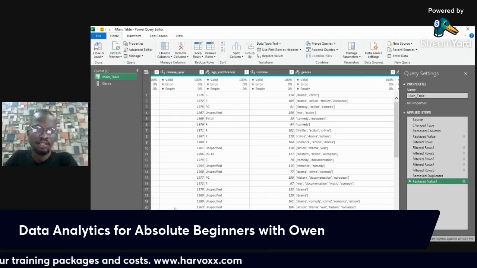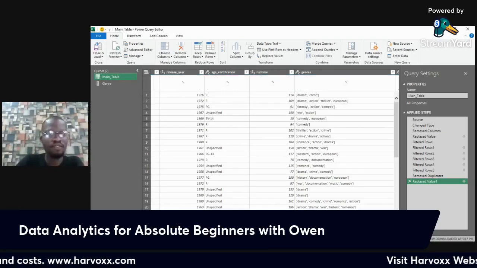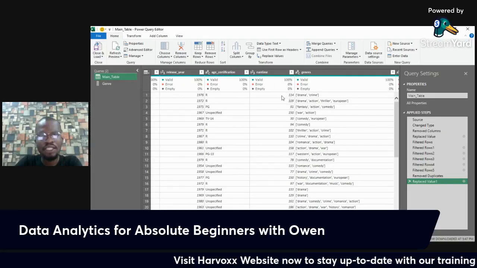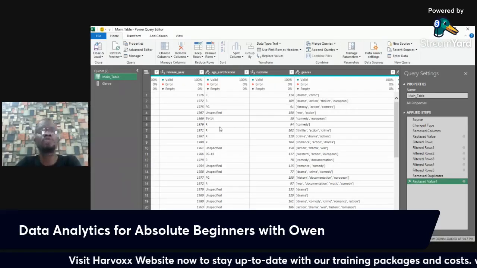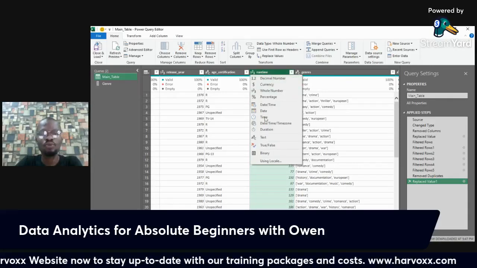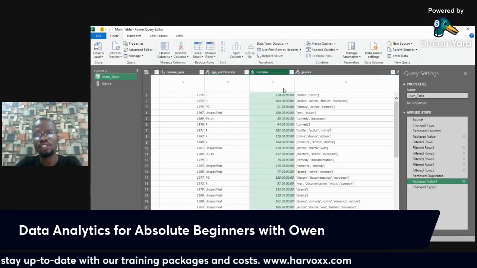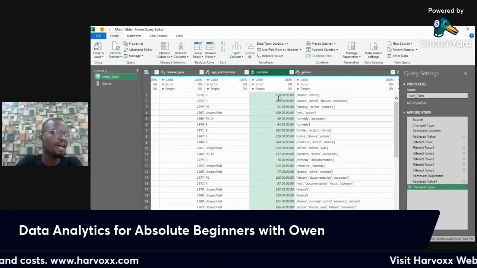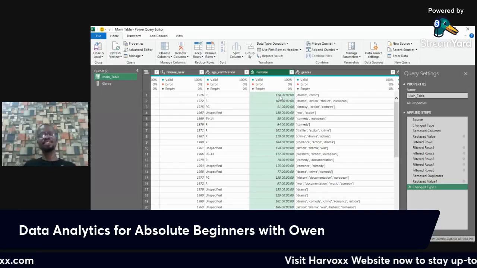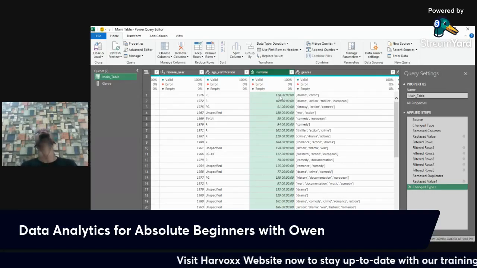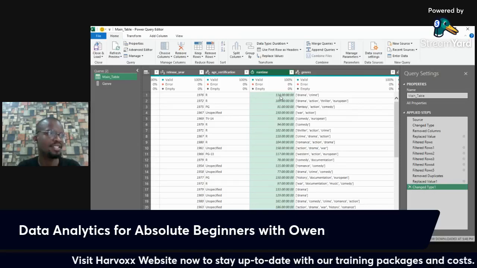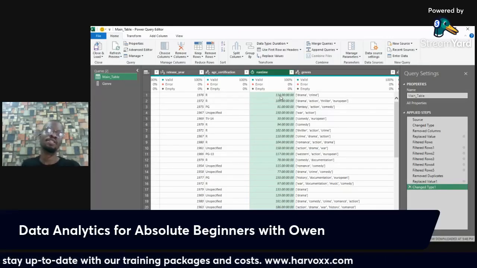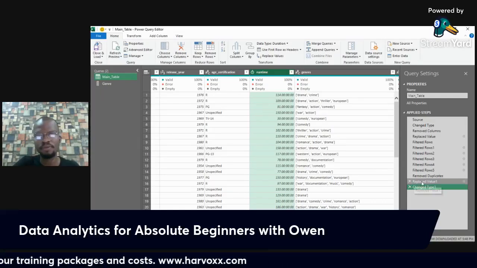Now, yes, runtime. So maybe I'll stop here. If we don't finish on time, I'll continue next week. Runtime is in numbers, and I want it to be in duration. So I just needed to change this to duration, but I'm having a problem. And the problem is that it's seeing these values in hours, so I need to convert it to a form where it can see them in something it can convert to a duration.